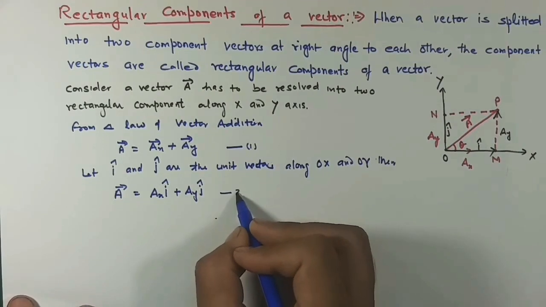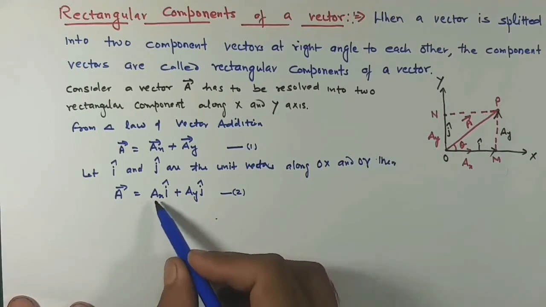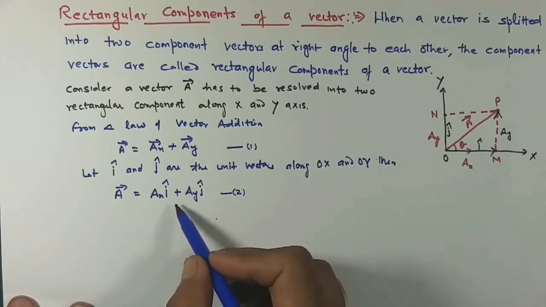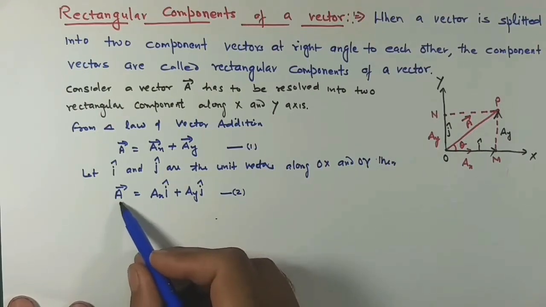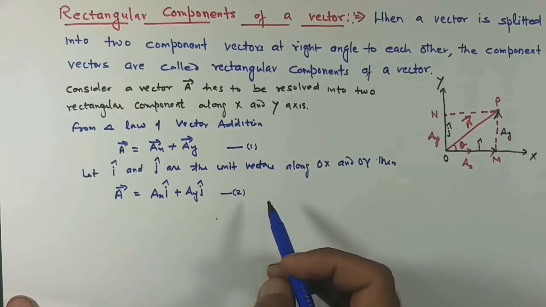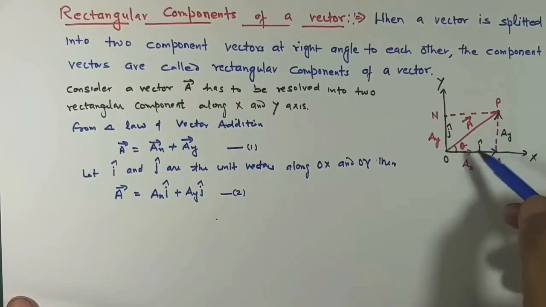So this is equation 2. Clear? So these vectors AX I cap and AY J cap are the components of vector A, which is the given vector. Now as you can see from right angle triangle